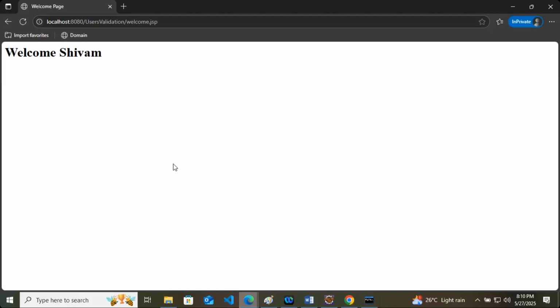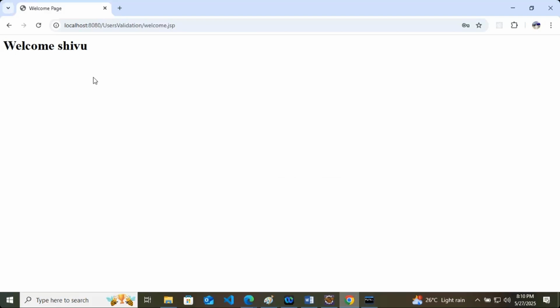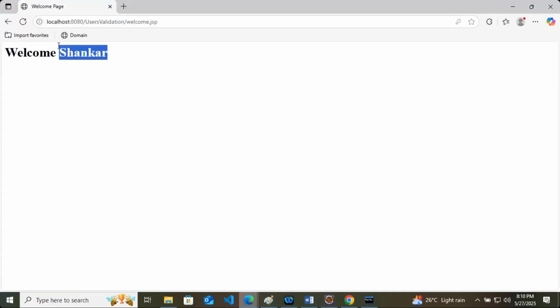The same page is looking different for three different users. Here you are getting the message welcome Shivam. Here you are getting welcome Shivu. Here you are getting welcome Shankar. So that is called a dynamic page, which looks different for all the users. That's it. Login sign up is done.